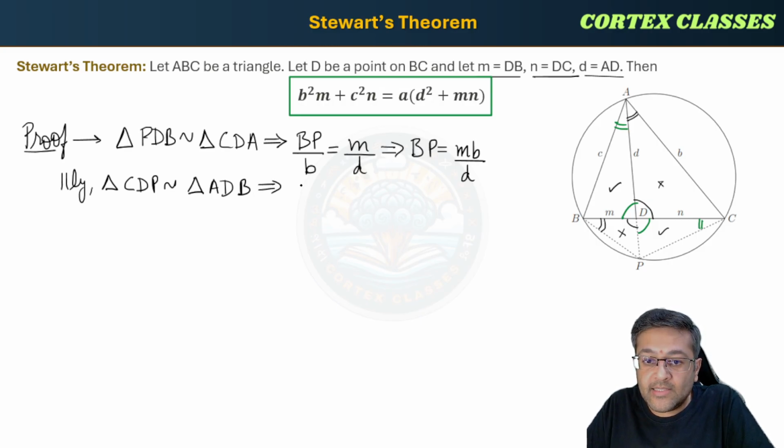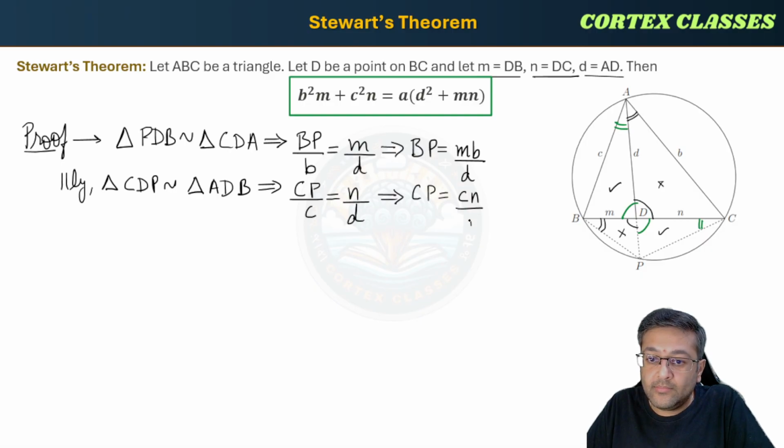So guys, again, CP upon, CP के corresponding side क्या आएगी, vertically opposite के corresponding C, that will be equal to, if you pick the side n, CD आप पिक करते हो, upon d आ जाएगा आगे. n is the side with the two angles and that will be d. So guys, this will give you CP is equal to cn upon d. Right? So guys, itna relation हमारे पास आ गया. Now, guys, I'll remove the drawings from this, so that the diagram looks clearer. Okay, just a second.